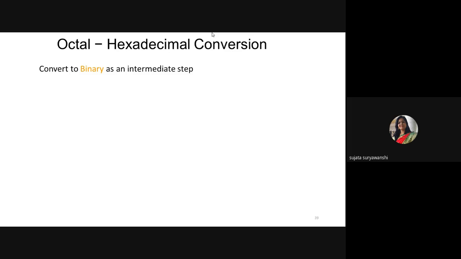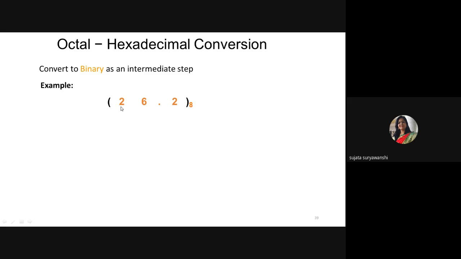So for that conversion, we need to first convert octal to binary, and then binary to hex number. Here the given example is 26.2, and the given number is an octal number, indicated by this 8 as the base of that number. Once we get the number, we need to find the binary equivalent of each digit of the octal number. Here 2 is one digit, 6 is another digit, and 2 again is one more digit of the octal number. So first of all, find the binary of 2.